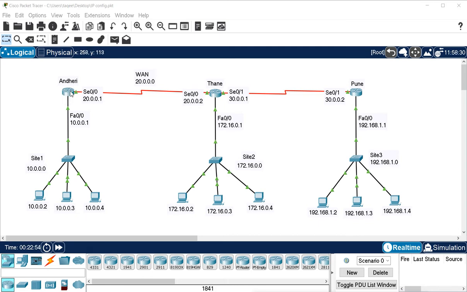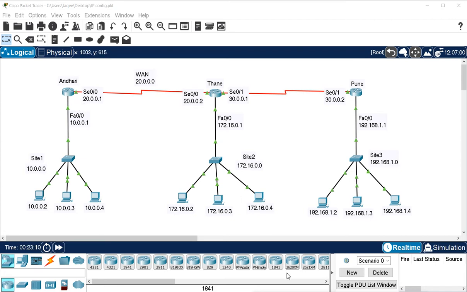So what is the criteria for choosing the router ID? It is to choose the maximum IP of all the interfaces. But if you have any virtual interface, then that virtual interface will become the router ID automatically.